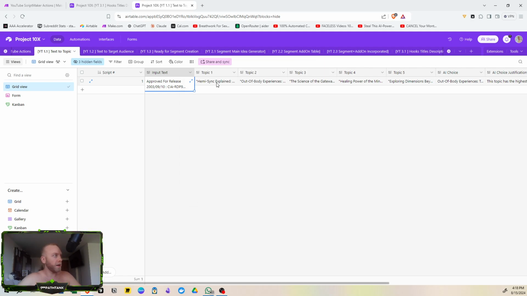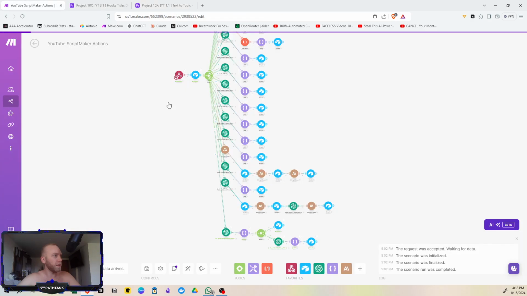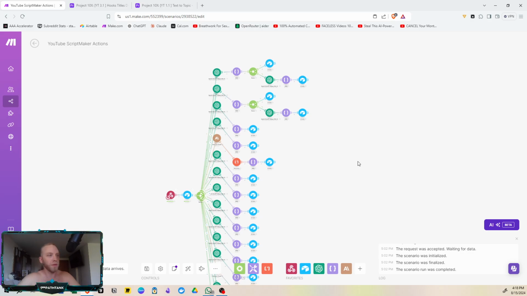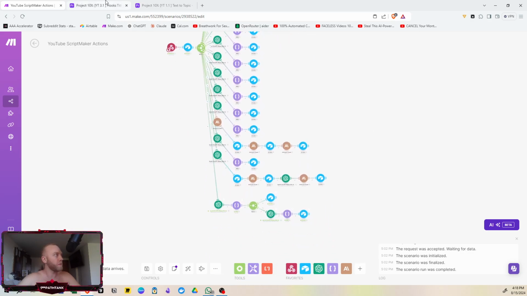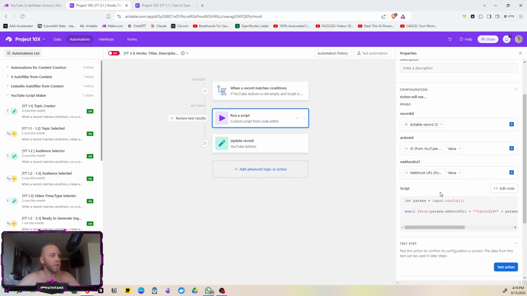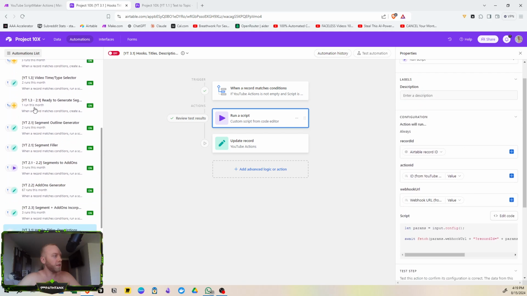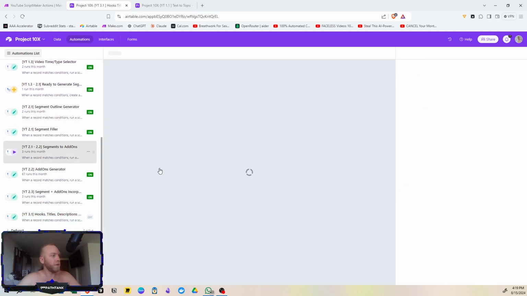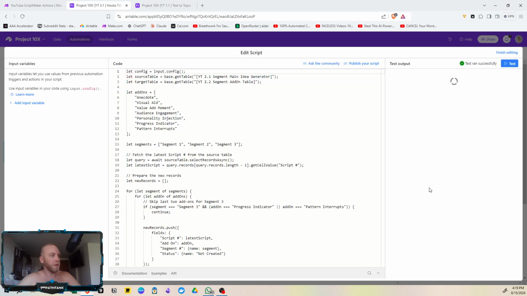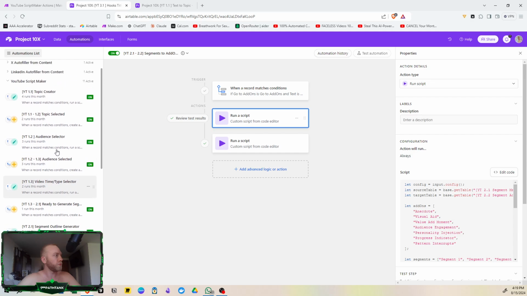Then the AI, I'll show you what that looks like. It's pretty comprehensive. Each one of these is a different step. Okay. So that's hooked up to the back end, and then these are different automations as well, each one of these. For example, this has different scripts in it. I mean, you could see it's a lot of work here. Anyway,